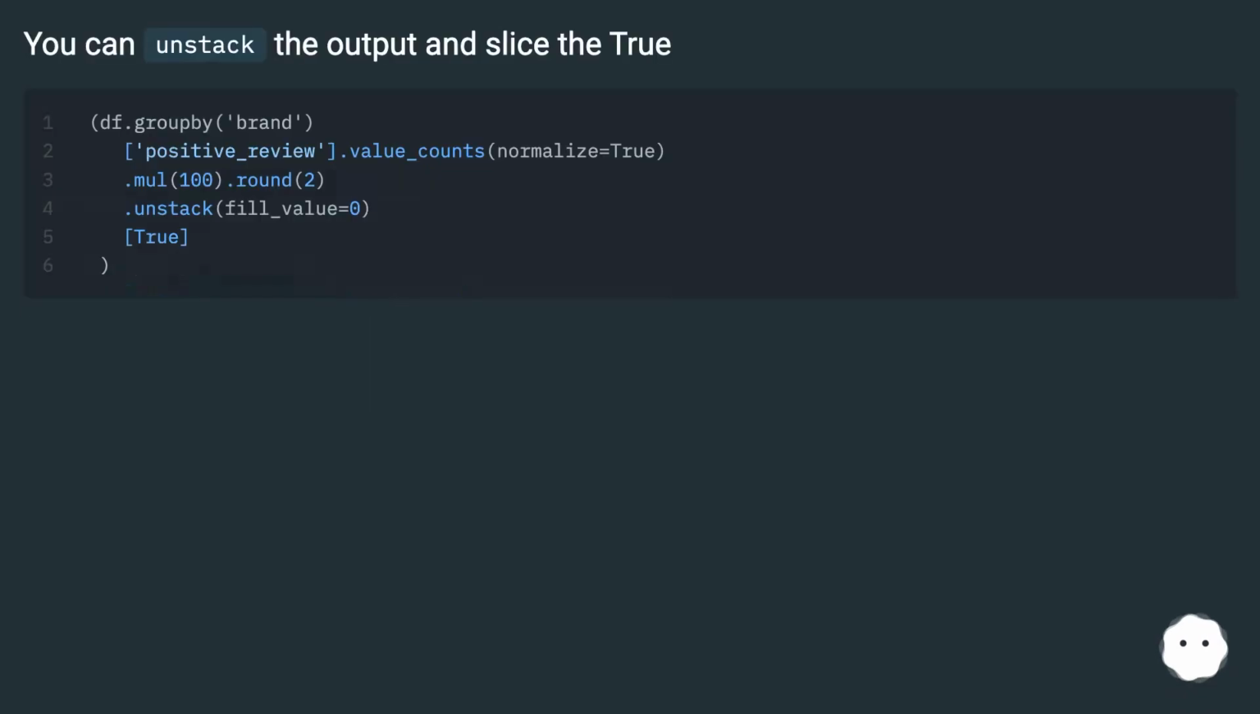You can unstack the output and slice the True